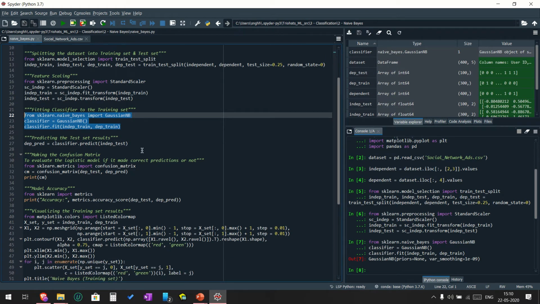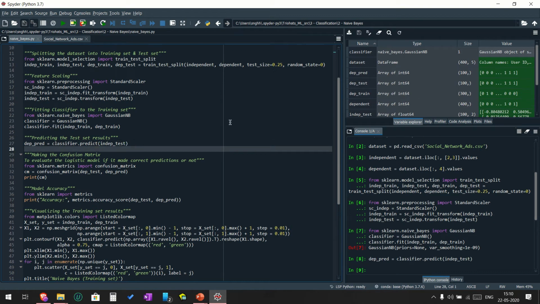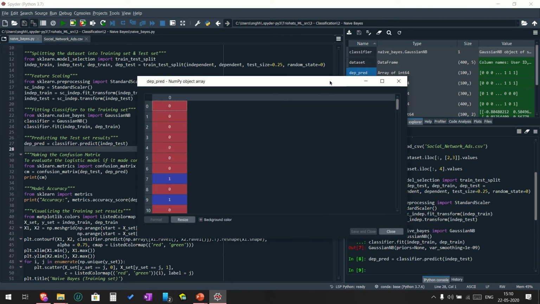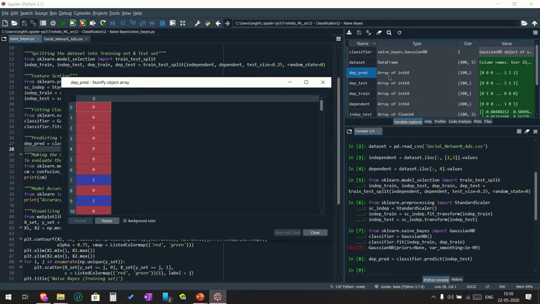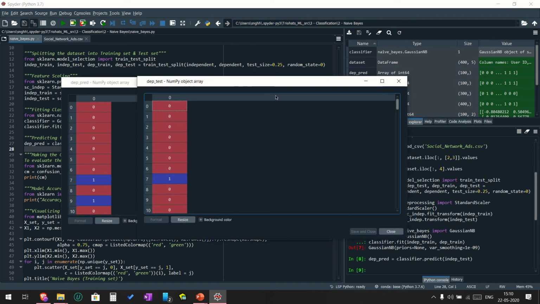To predict the purchased column, we'll pass the independent test set and then compare it with the dependent test set. But first we'll save it in a dependent predict variable, right?